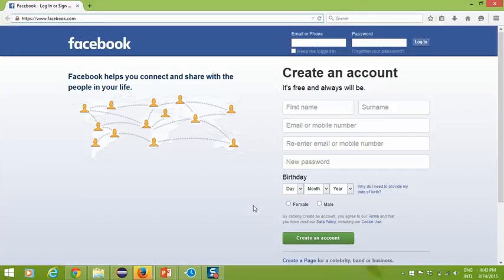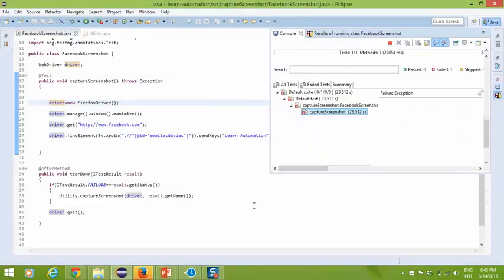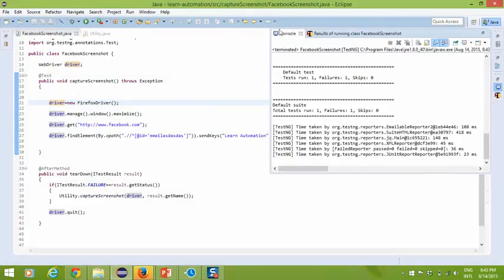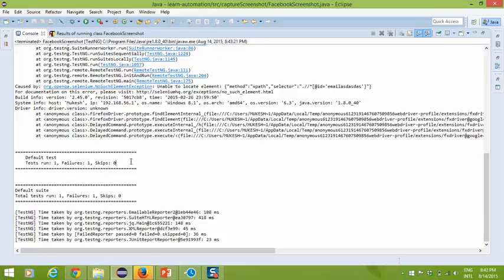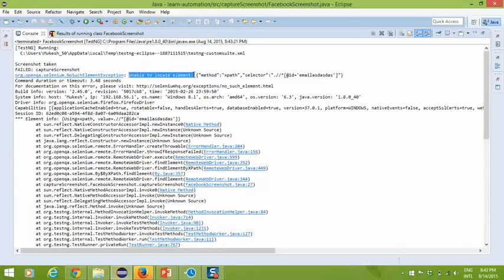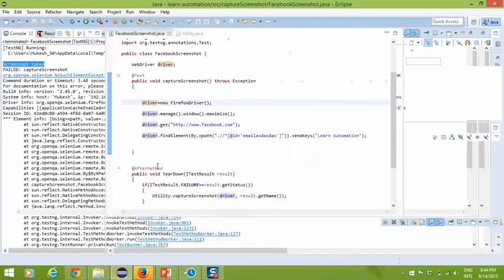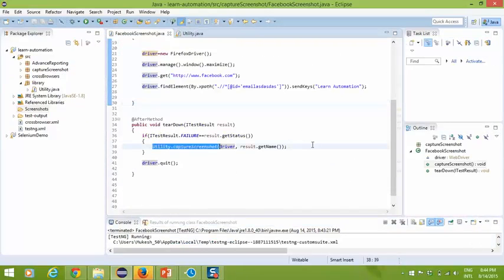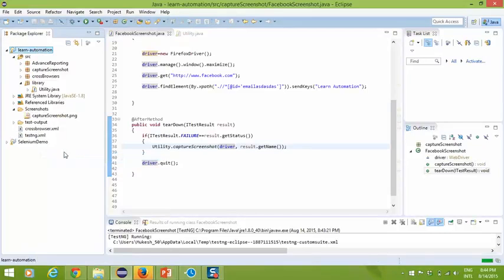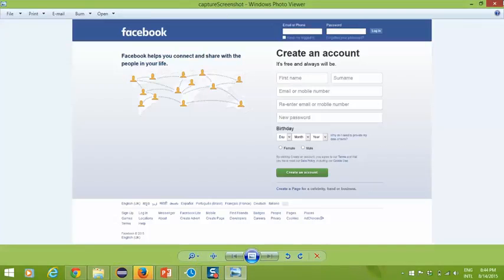So you can see it is opening. Now it will fail definitely. So you can see in the console it is saying failure. Okay, and the reason is unable to locate element. I love the feature of Selenium. It gives very meaningful message every time, like no such element exception, unable to locate element this, since we changed this, right? And you can see a screenshot taken. So it means it test case failed and it has captured the screenshot. So now if you simply refresh your directory, here we go. So the screenshot name is capture screenshot, and yes.